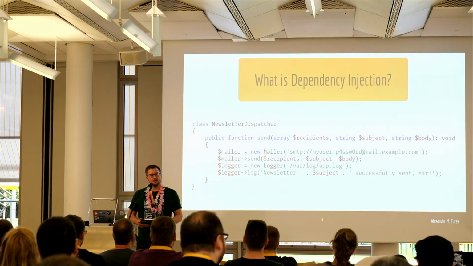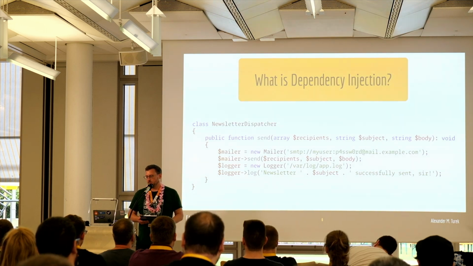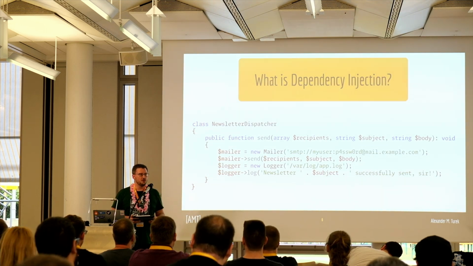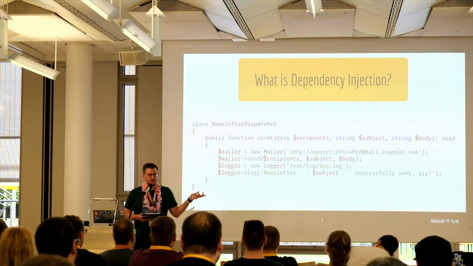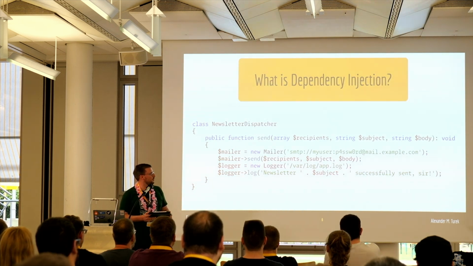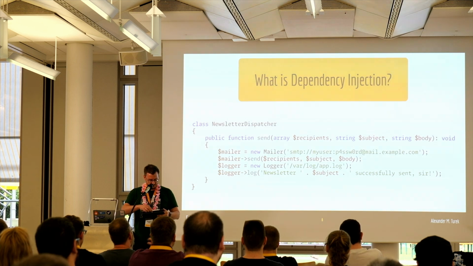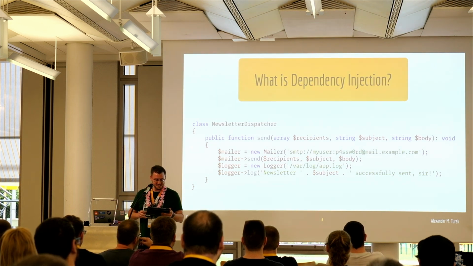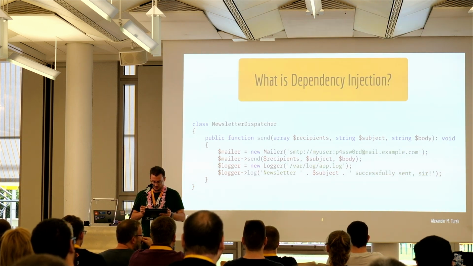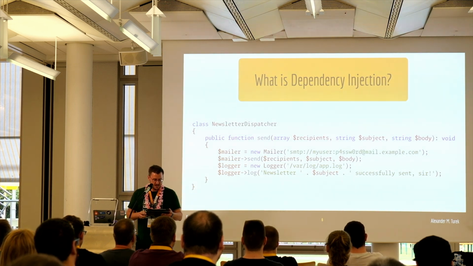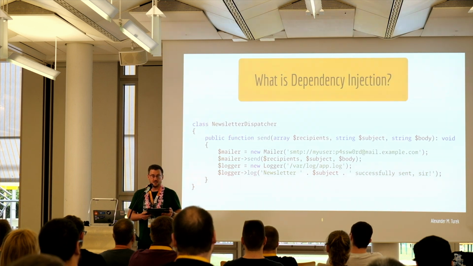So first of all, what is dependency injection? Maybe you have never used this before. Here's a small example for what dependency injection is not. So let's imagine, I can draw on this, right? So let's imagine we have a little class called a newsletter dispatcher, and this newsletter dispatcher needs a mailer and